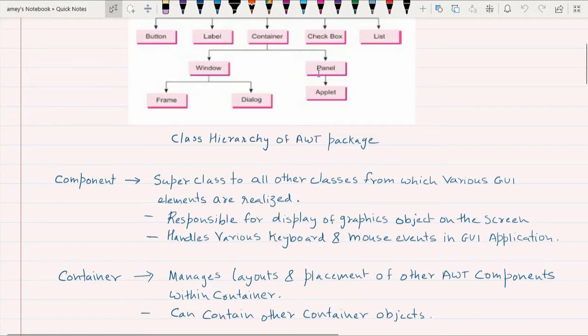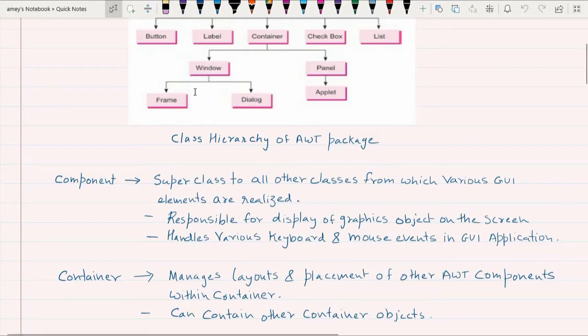Now in the previous lectures we have used this panel class, because this panel class is a super class of a class called applet. So whenever you want to create an applet, you are coming up with your own class that extends this applet class, and this applet class in turn inherits properties from the panel class, which has information regarding the forms that you are going to come up with in applets.